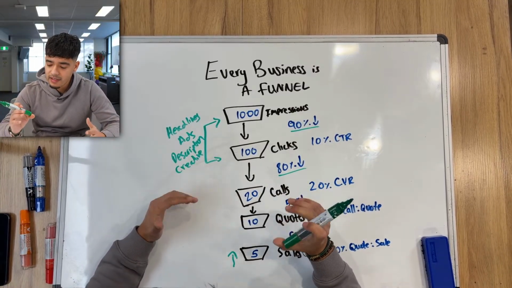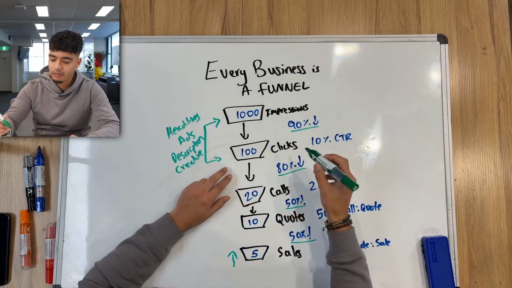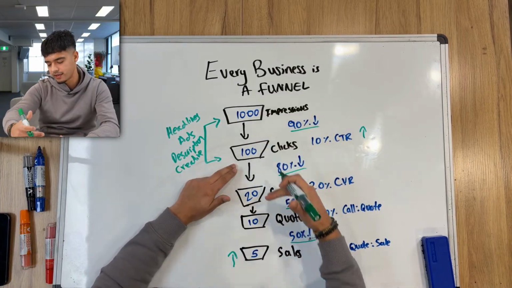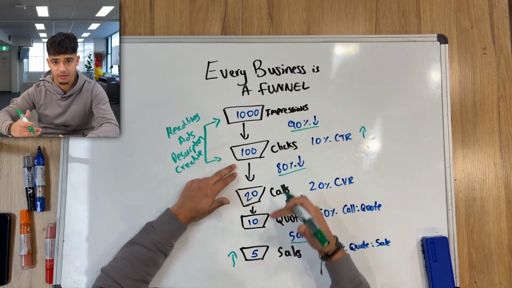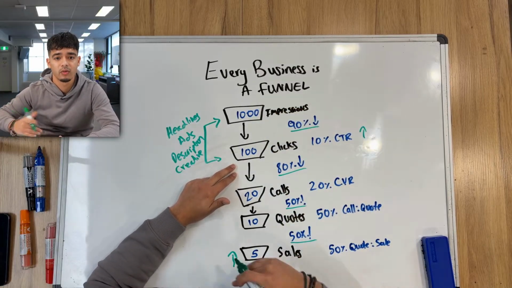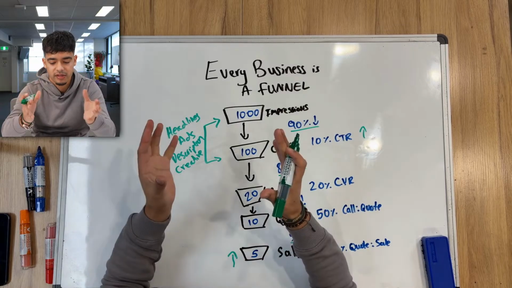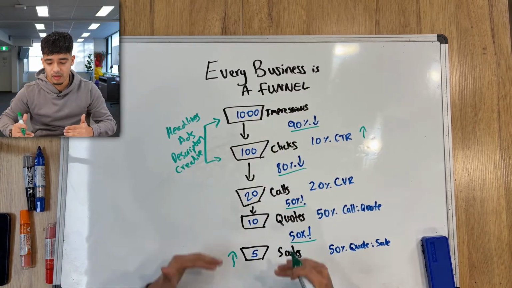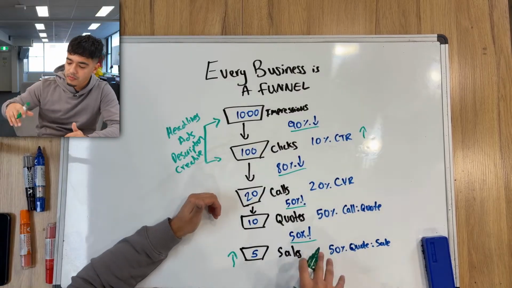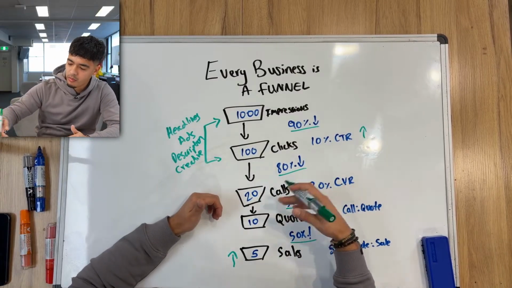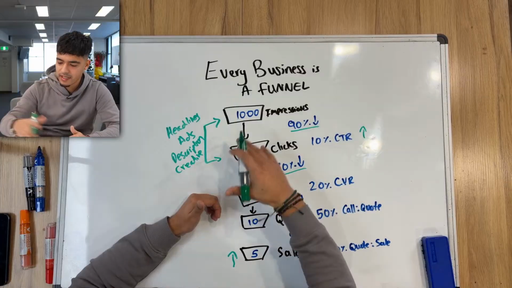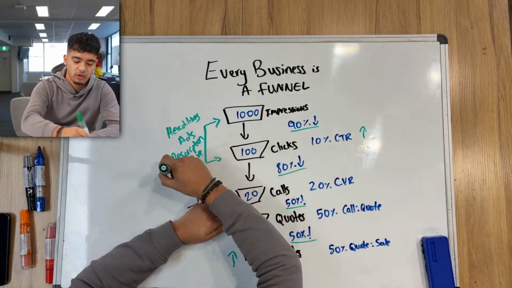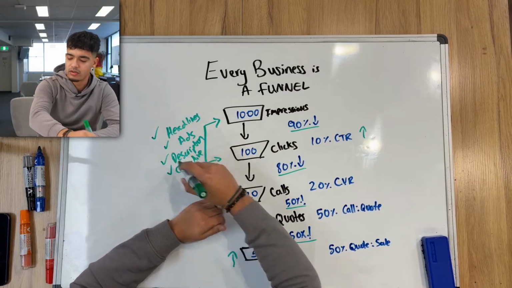We can easily see and work out that if we improved the CTR, we would have more clicks, which in turn means that more of the 1,000 impressions filters down your funnel. A funnel is essentially how do people first find you, then call you, then get a quote, and then actually book a job with you. That's the funnel that we're looking at. So where's the highest leverage that we can pull with the highest uplift in your account to have a higher number of sales? In my opinion, you can focus most on your creative, your headlines, your ads, and your descriptions,